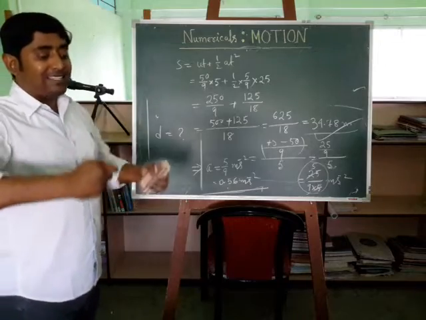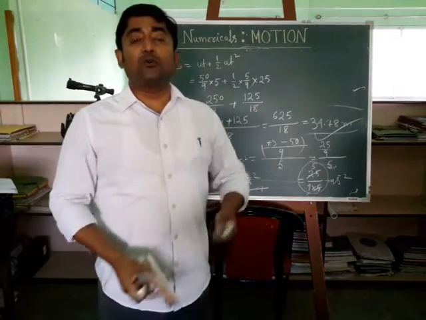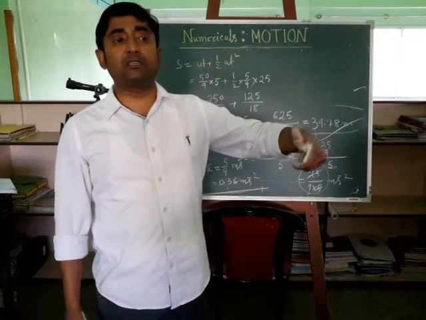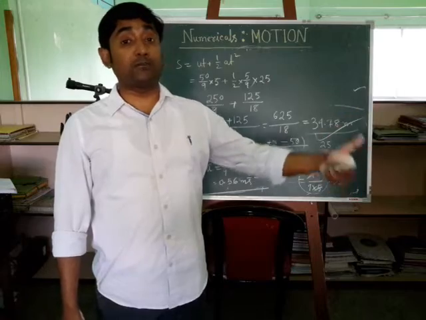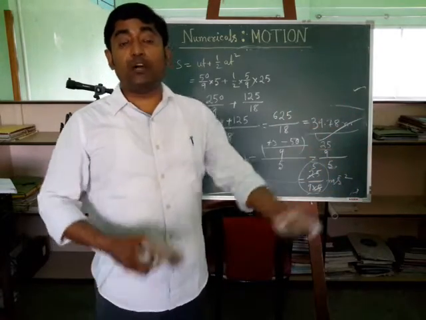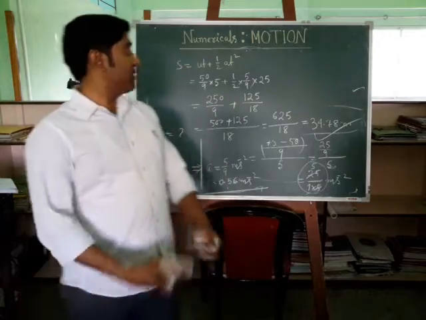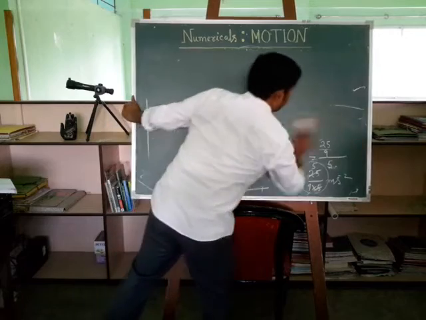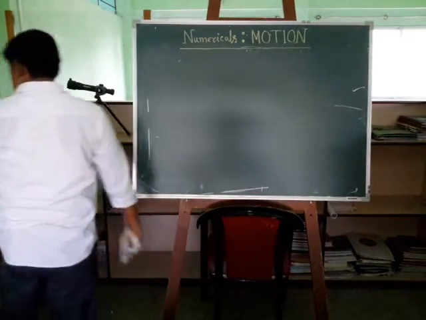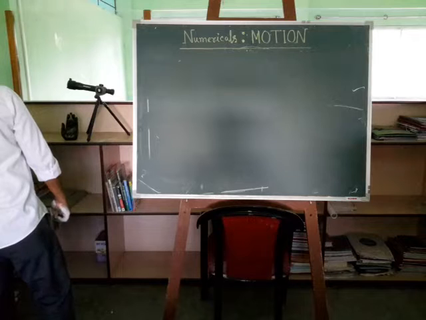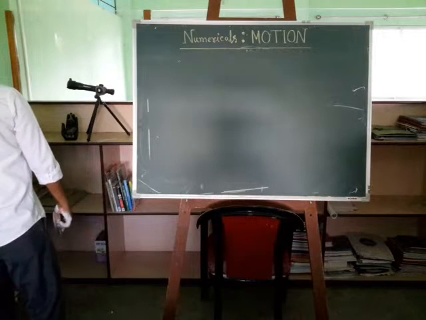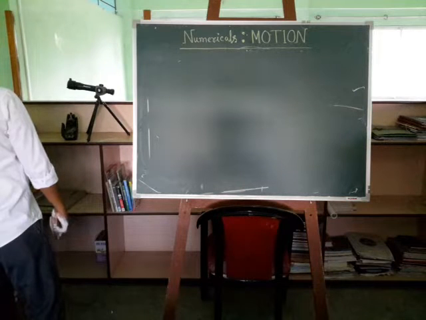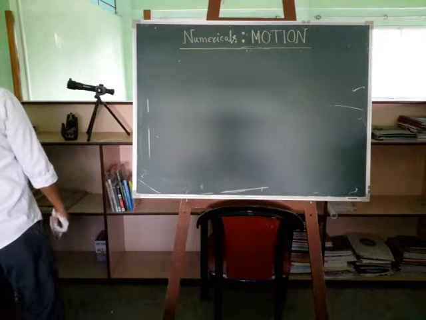So see, as we are doing the numericals, we are understanding the concepts, the speed, the velocity, average speed, average velocity, distance covered or the displacement covered, right? And which formula, which equations to use in the right place. Alright. So let's go to the next numerical. Next one. A car accelerates uniformly from 18 km per hour to 36 km per hour in 5 seconds. Calculate. Okay, that's a similar type of problem.